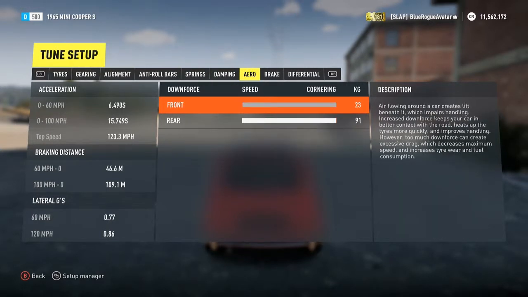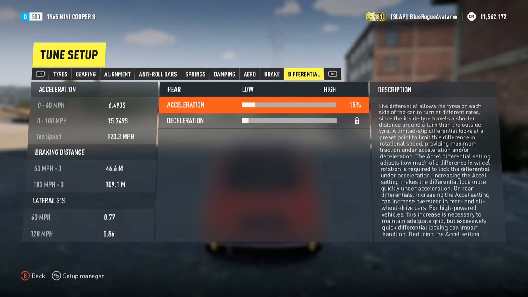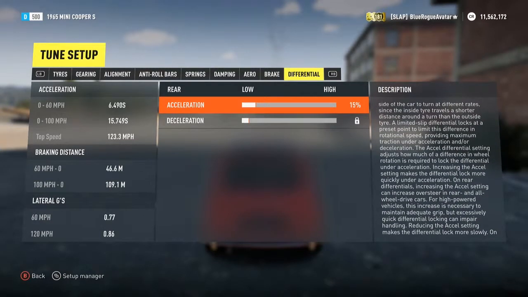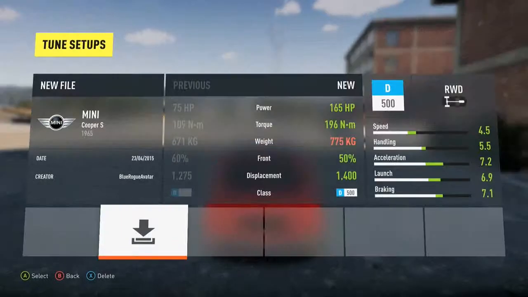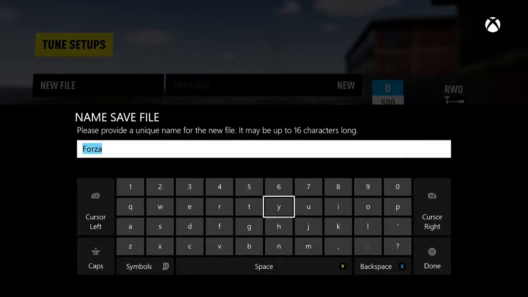The damping, done something similar. Aero, maximum aero at the back. And then the differential, I've had to make it not lock at all hardly. It's only 15%. It's a bit mad. So actually, I haven't done this yet. I haven't actually saved this setup. Shame on me. We shall call it